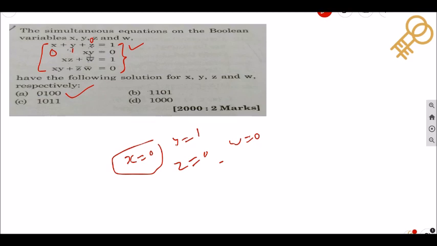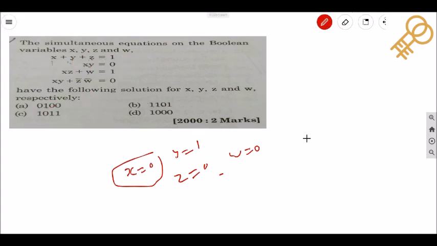Now putting for the second equation, x is equal to 0, so this whole becomes 0. Now it is satisfying the second also. Now going for the third, when you put 0, it will become 0, right? And w is given 0, so this will be 0 for this whole expression. The value will be 0 and you see the right side is 1, so this is not satisfying equation 3, so this will not be our correct option. You can eliminate this. Now consider the second option, and the second option value is 1 1 0 1.